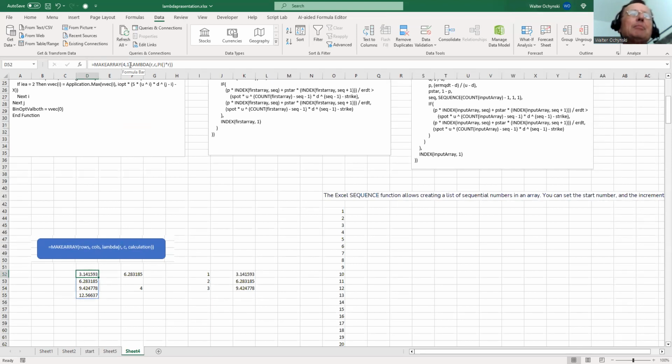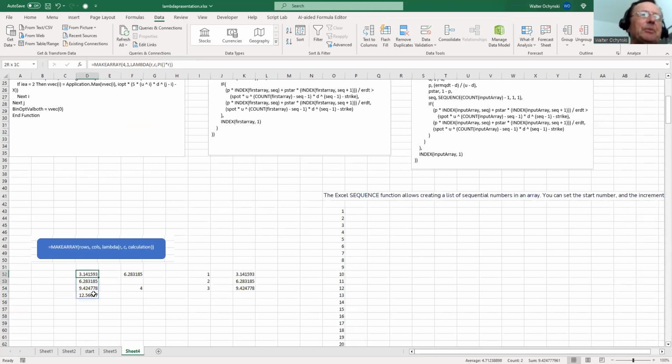Then I use the lambda name, and lambda use the two variables R and C. R stands for rows, C for columns, and then I can do any kind of formula my problem requires. I just use here the example. I took the pi, and pi should be multiplied with the row number, and I entered this formula, press